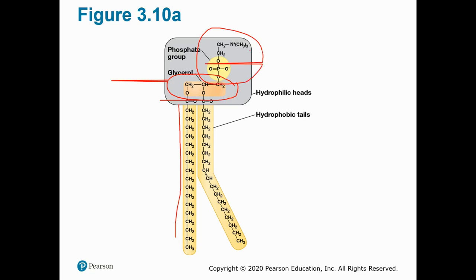The phosphate group, anytime you see a phosphate group, think charge. There's usually a charge associated with a phosphate group. So it's charged. And things that are charged, if you've heard my spiel before, how do things that are charged feel about water? Do they like it or do they not? And fatty acids, those are entirely uncharged. How do they feel about water? Do they like it or do they not?